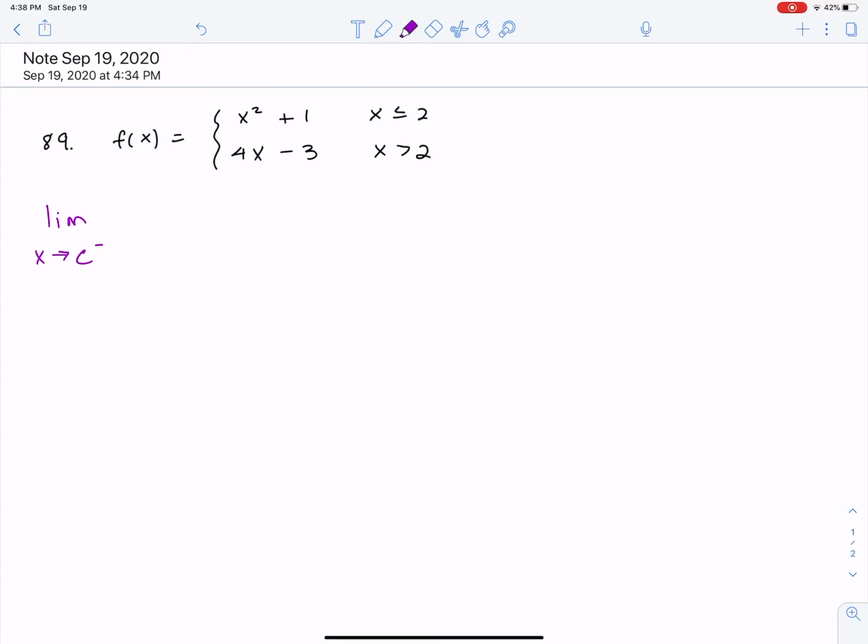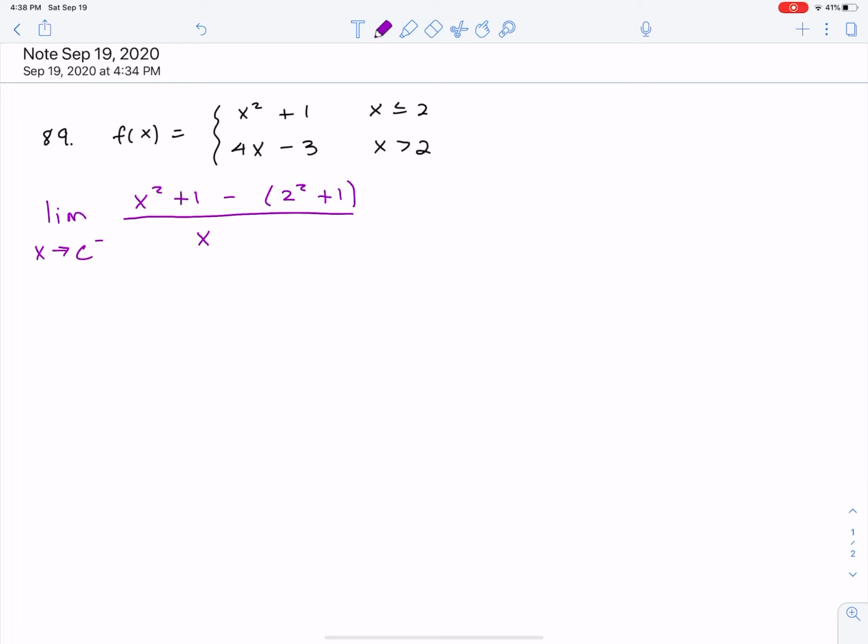So let's do that. That's going to be f of x, which is x squared plus 1, minus f of c, which is 2 squared plus 1, all over x minus c, or in this case, x minus 2. And by the way, I put a c there, so let's change that to a 2. Let's be specific. Then I want to know, is that equal to, and I'll put an equal sign with a question mark, because I don't know if that's true or false,